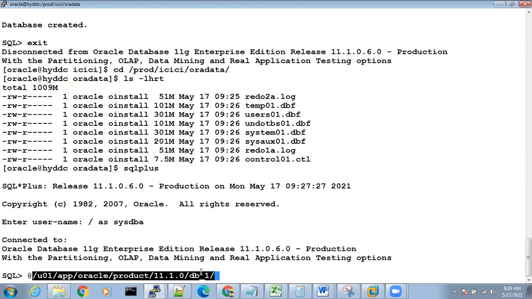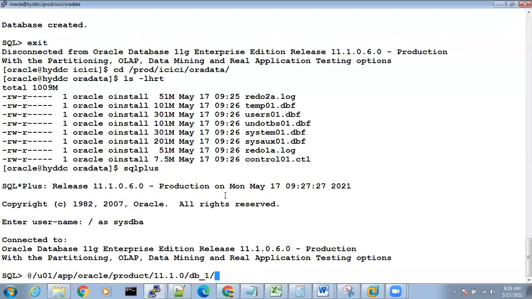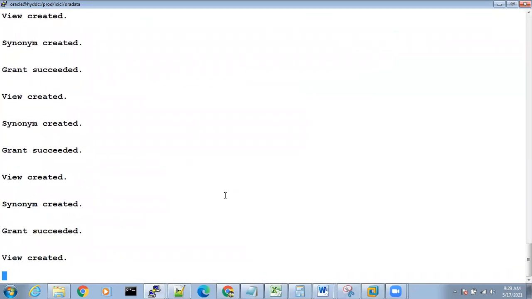Inside this, you have to go to rdbms admin catalog.sql. Enter. See, this is the first script. I have run the first script with full Oracle Home name.